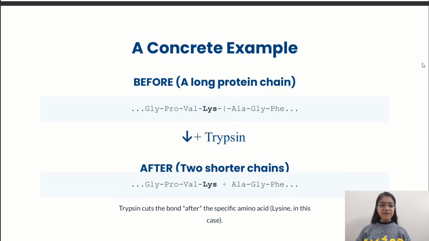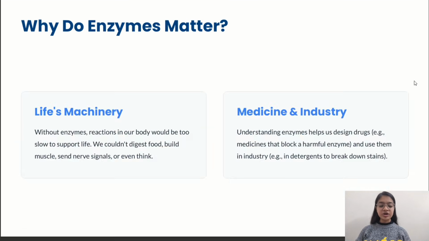Without this incredibly fast-paced mechanism, without these reusable molecular machines, our bodies simply could not process the energy and materials needed for life. The food would sit in our stomachs for months, and we could never generate the energy needed to move,